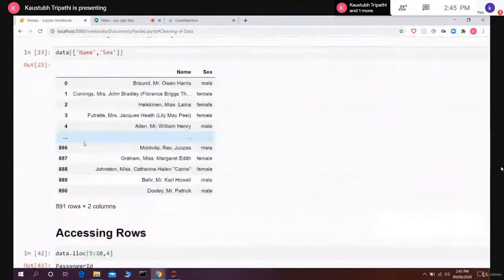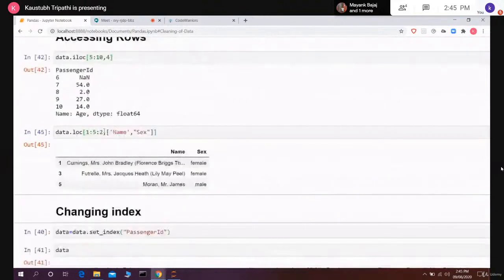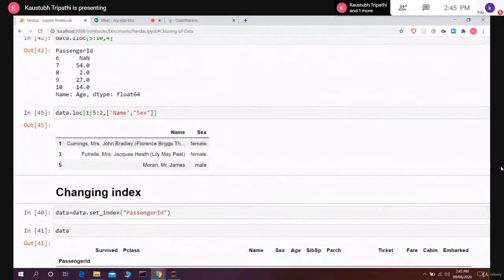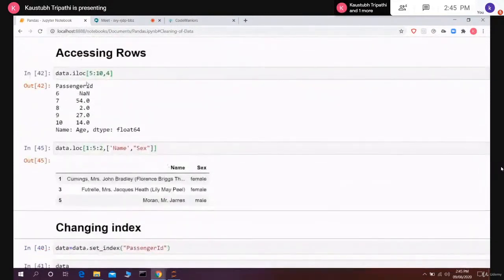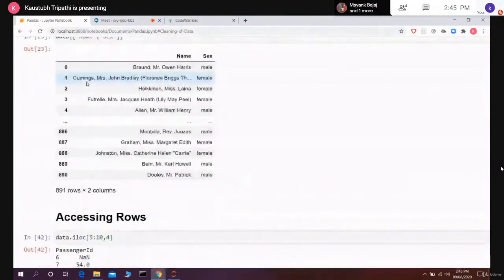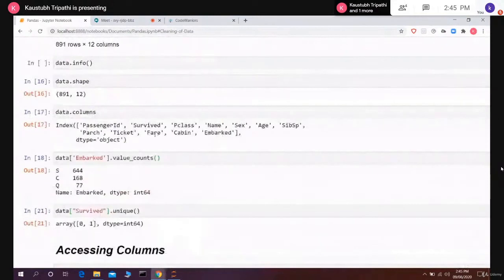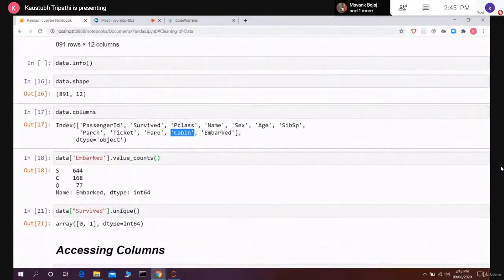Now this is a feature of loc. In iloc it excludes the end index, but loc accepts whatever we provided over here. That's the thing about loc. That's why people prefer loc over the iloc method, because suppose I've got lots of columns. If I was doing the same thing with the columns, and I want to work up to the fare, I would have to write up to the cabin part. But understanding this concept becomes a lot confusing for people.